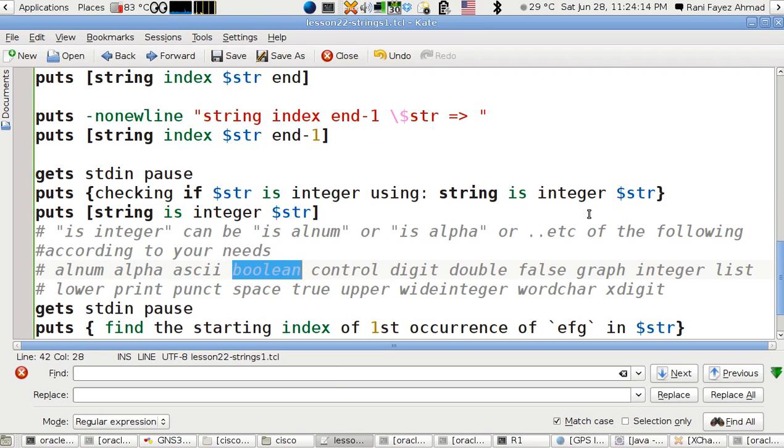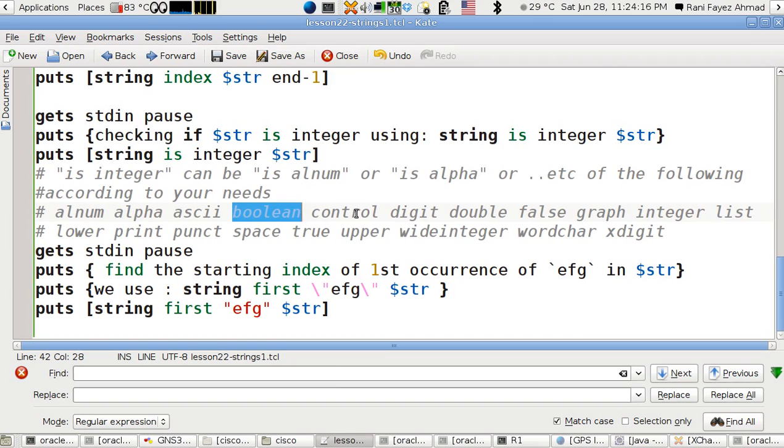Now this checks whether the value of the string is a boolean. Control also, we have digit. We have double, of course this is important to us, whether it's a decimal or not, whether it's false, whether here it's a printable character, a Unicode character,